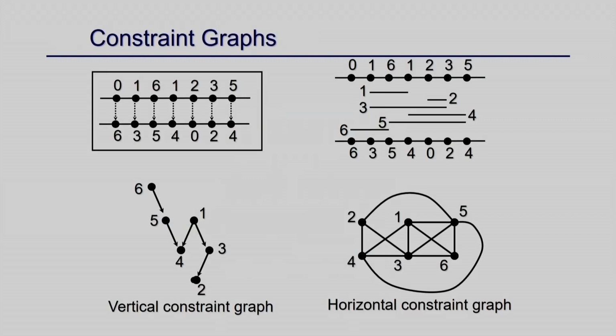right. So you can see here there can be various constraints, right. If you have this and this, that means they cannot be put in the same track because they are overlapping. So this is a horizontal constraint. You can construct a constraint graph like this. For example, this 5 and this 5 and 4, they have overlapping. So 5 to 4 have an edge, right. Similarly, so this is a horizontal constraint.